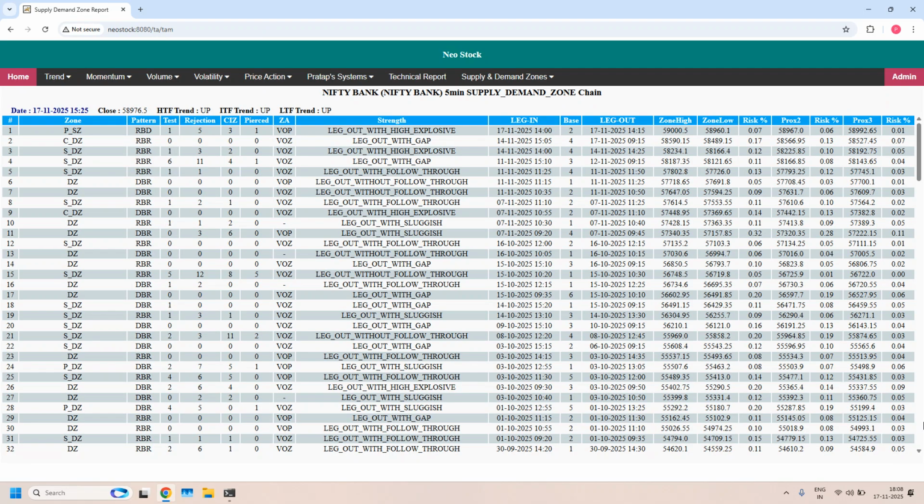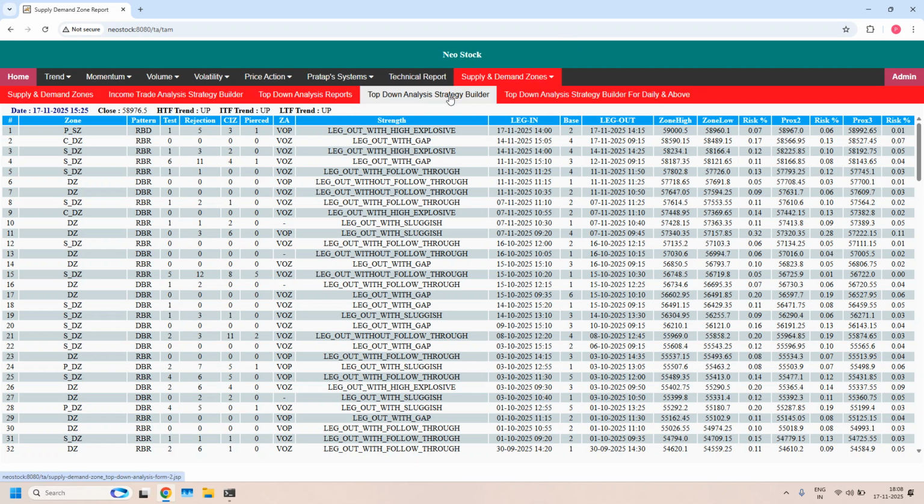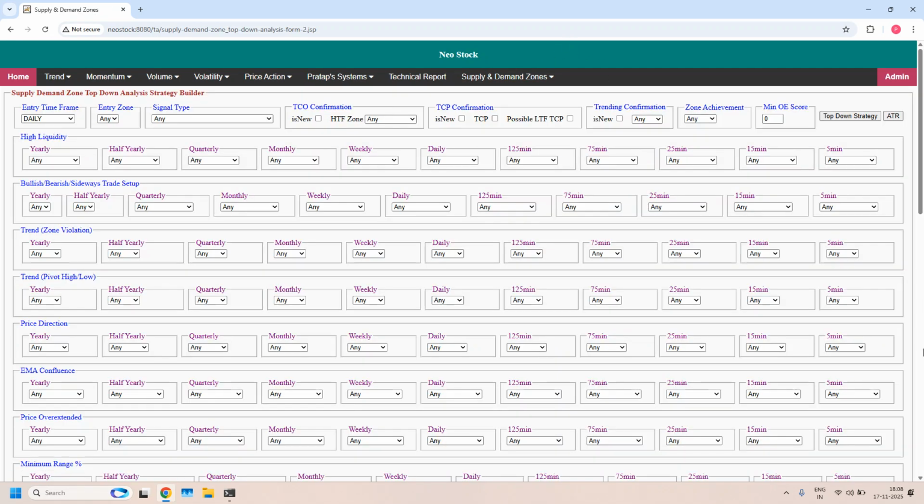So this is Bank Nifty supply demand zone chain report. So we have completed both Nifty and Bank Nifty. Next I will generate bullish, bearish, sideways trade setups for monthly, weekly and daily income trades. Starting with monthly income trade, sideways long trade setup, entry time frame should be daily, entry zone should be demand